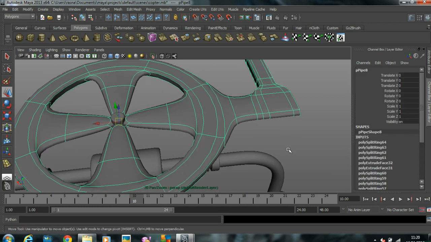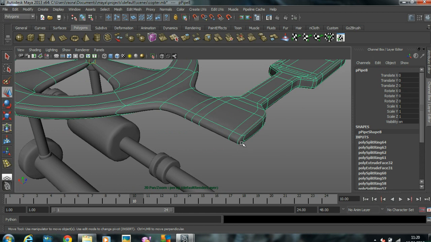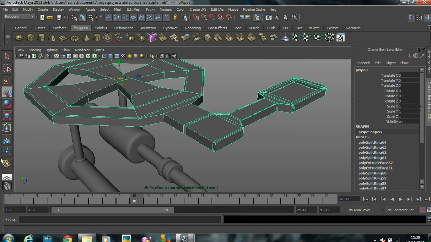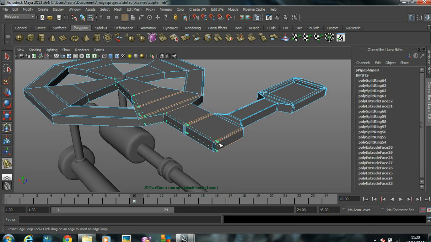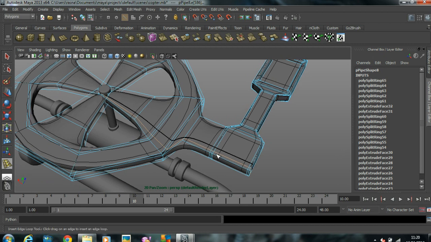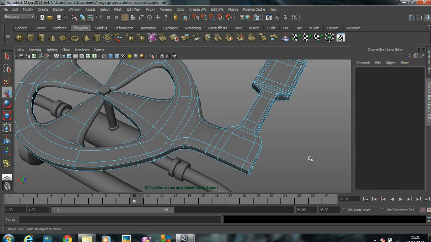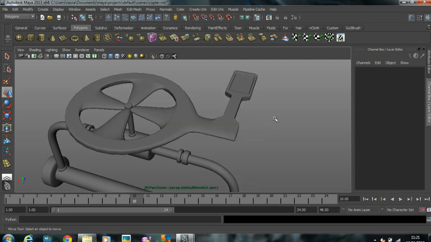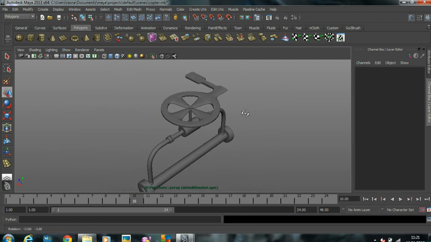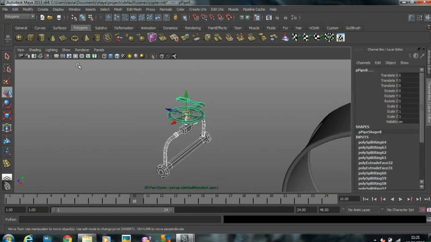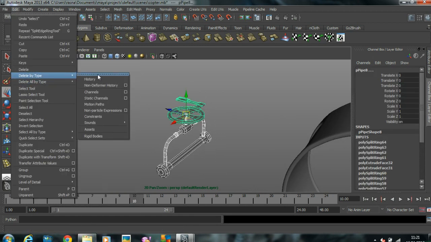So you can carry on with adding a lot of other information. So here, if I add a loop, it will stretch all the way from here. I'll show you. See, it's going all the way down like this. Okay, I don't want it. Undo. I'm happy with it. You can go on and add a lot of other information, but as of right now, I'm happy. So delete the history,